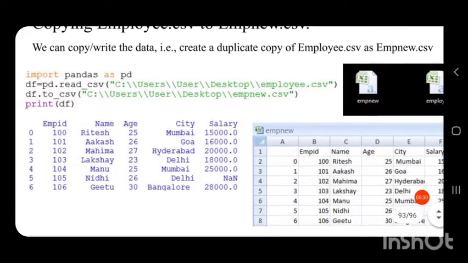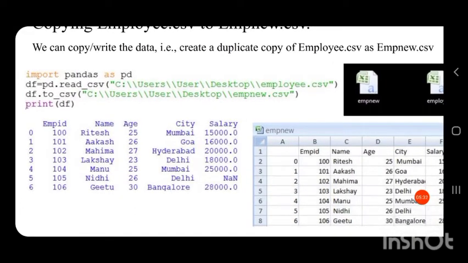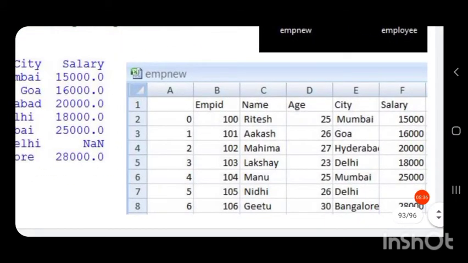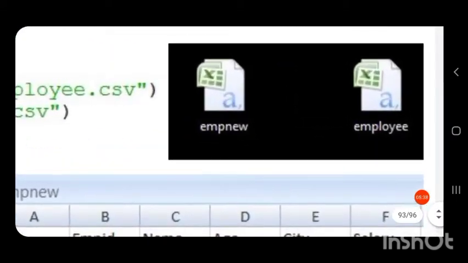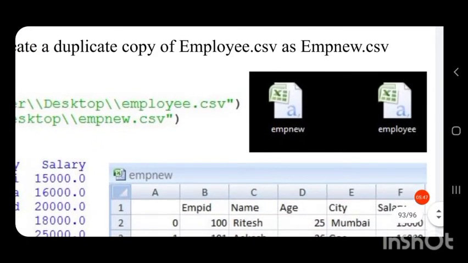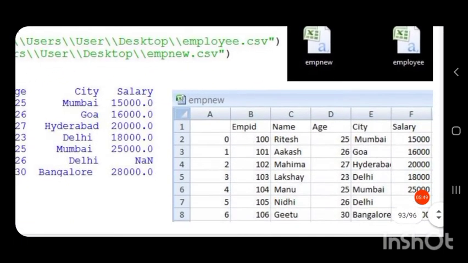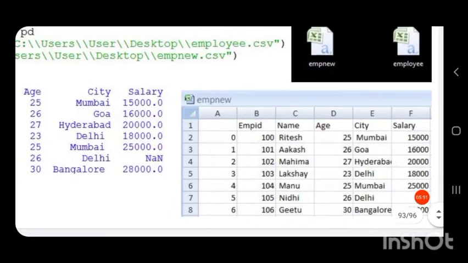Df is printed here, and you can see a new CSV file empnew is created on the desktop in the same location. When I opened that CSV file, you can see the contents look like this.